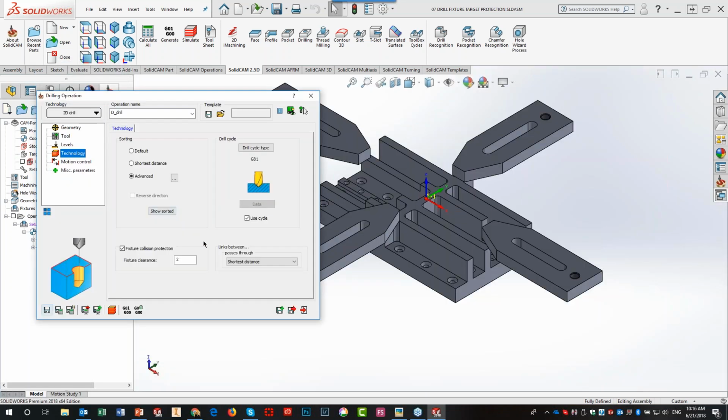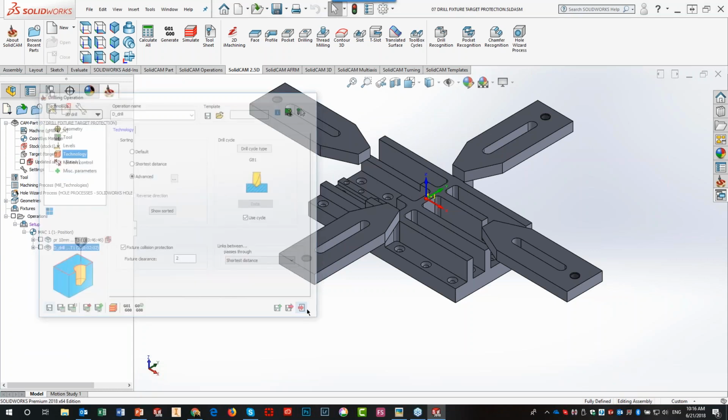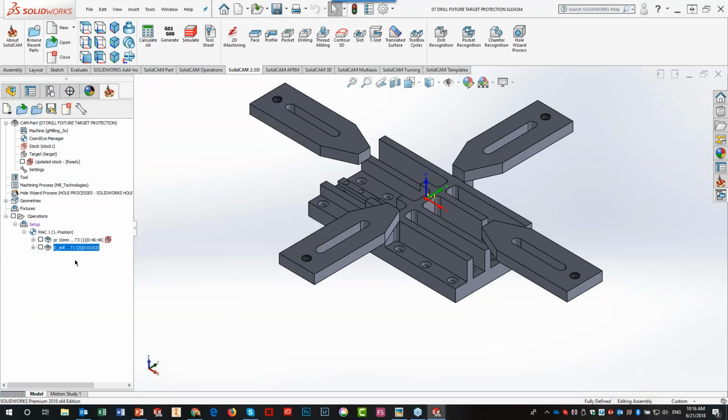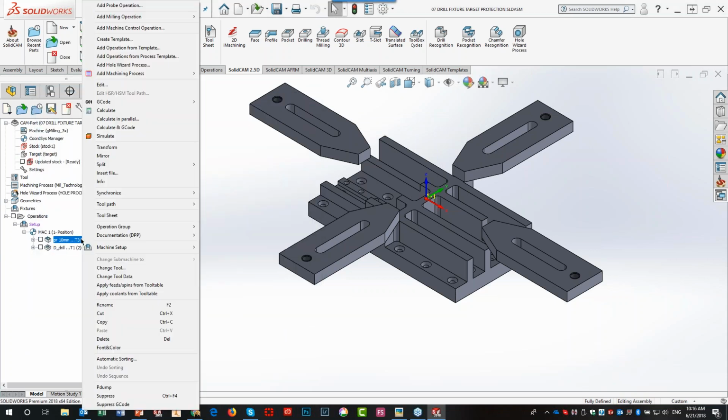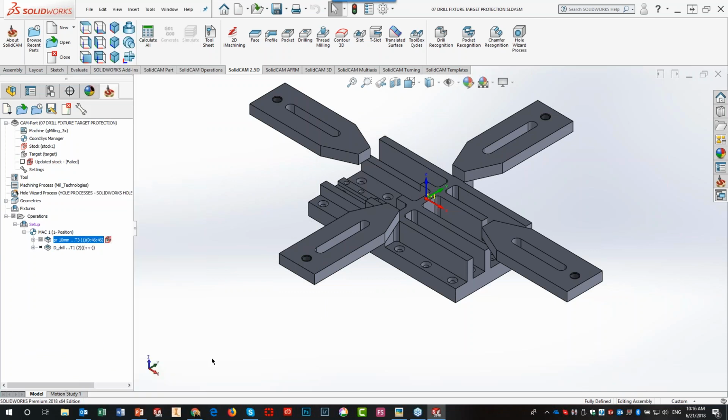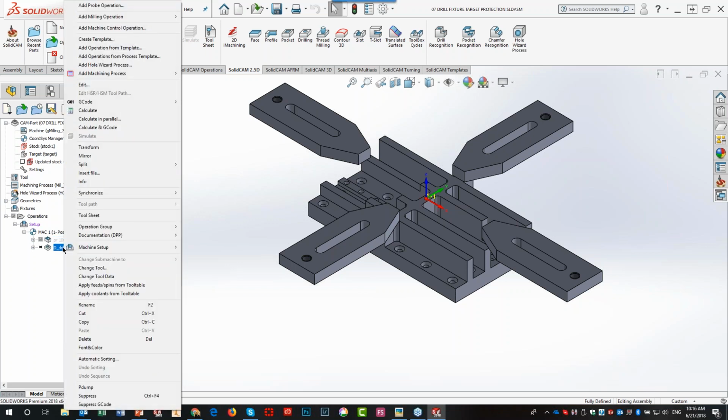Now, what happens if I do the following? I'll take this first operation that I have over here. I'm just going to suppress it. You'll note that my drilling operation, since, if you remember correctly, it was set for updated stock, now needs to be recalculated. If I recalculate this now,